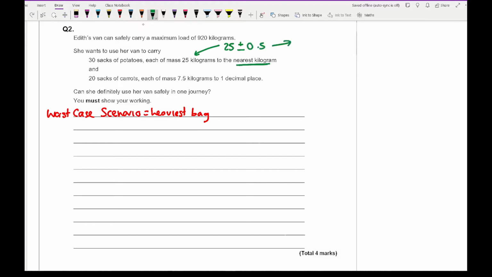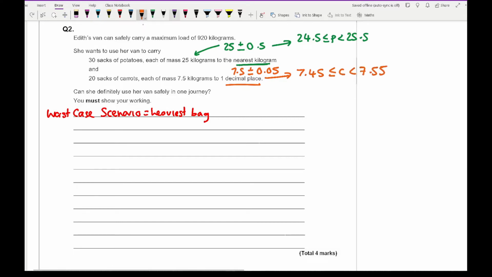So the lower and upper bounds are going to be 24.5 and 25.5. And for the carrots, that's to 1 decimal place, so that's going to be 7.5 plus or minus half of 1 decimal place, which is 0.05. So that's going to be 7.45 and